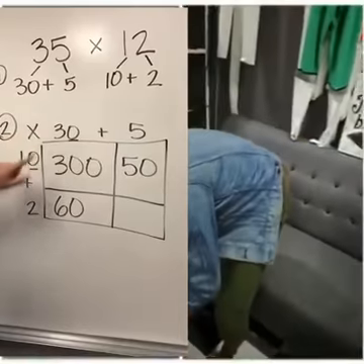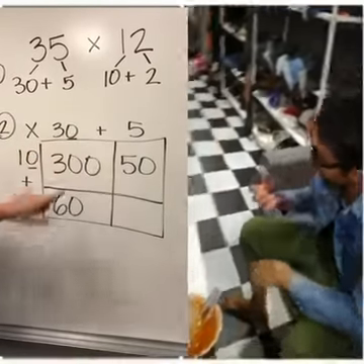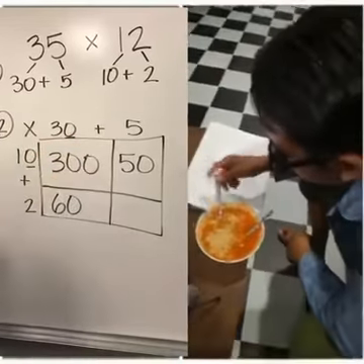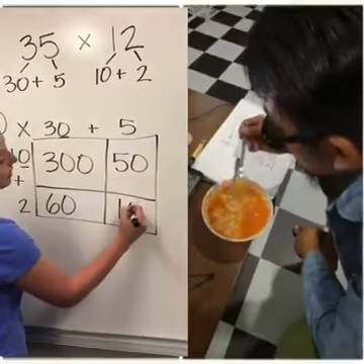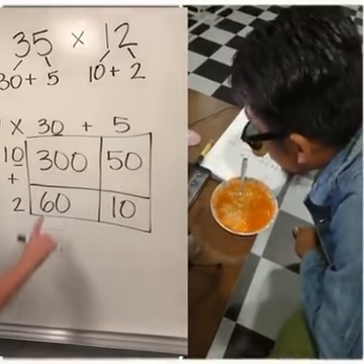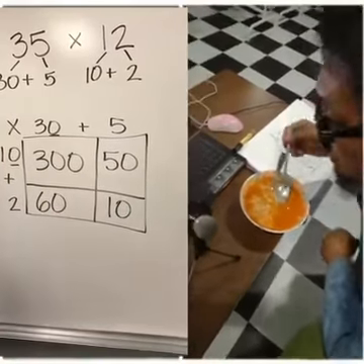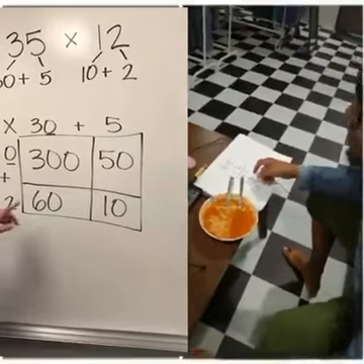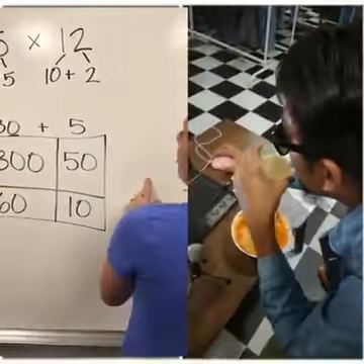2 times this, 2 times that. Now I'm going to do 2 times 5. 2 times 5 is 10. I filled up all my numbers on the inside. Now all I have to do is add them up. So over here I'm going to add